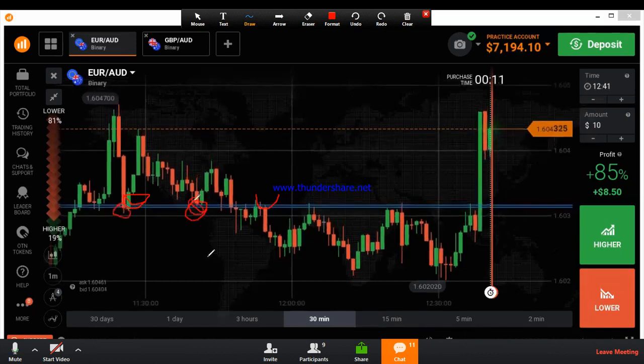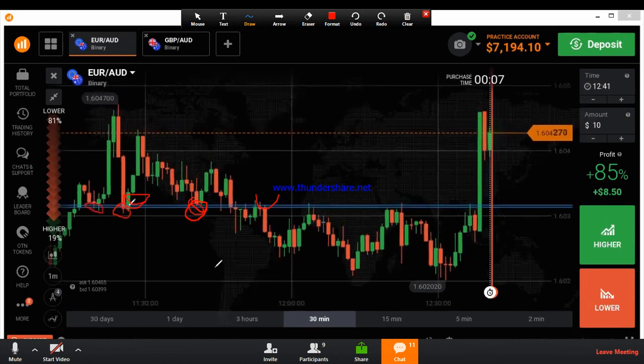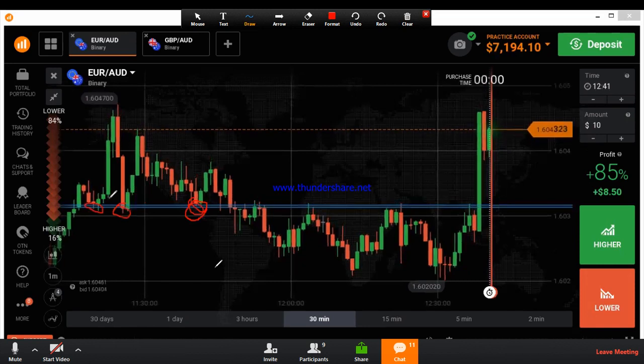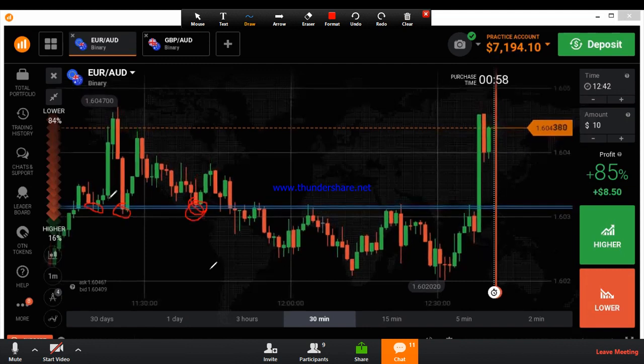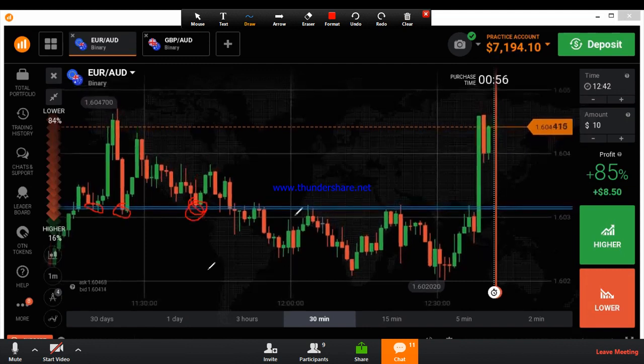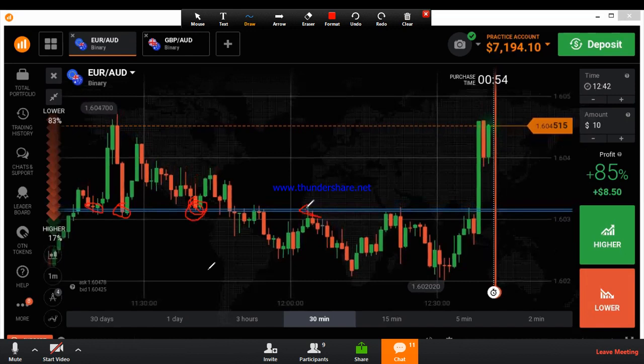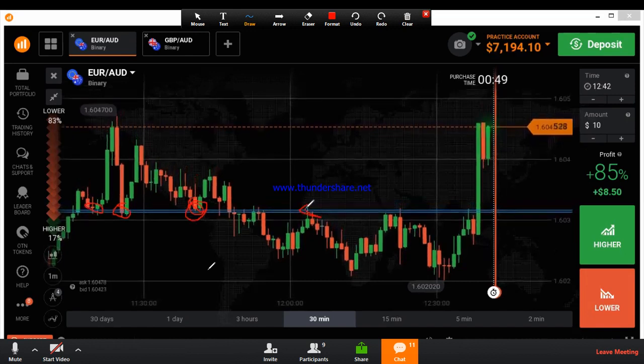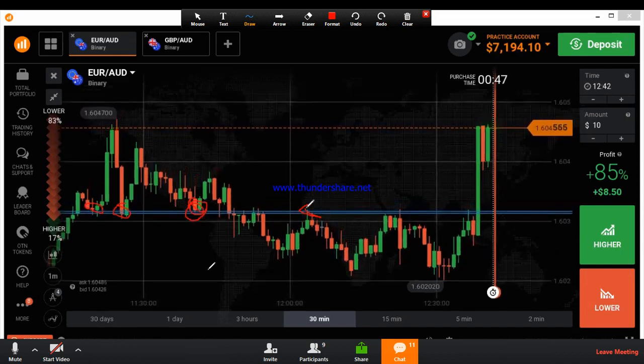Here also. But if you trade once, you can't trade for the second time because it may break this level. There is a chance to break this level. It's better not to trade on the second time, but you can trade on the second time also. It's not a problem because of the strong level. It will work sometimes, sometimes it may not work. That's why if you trade for the first time, it will be good. Okay, trade only for the first time.